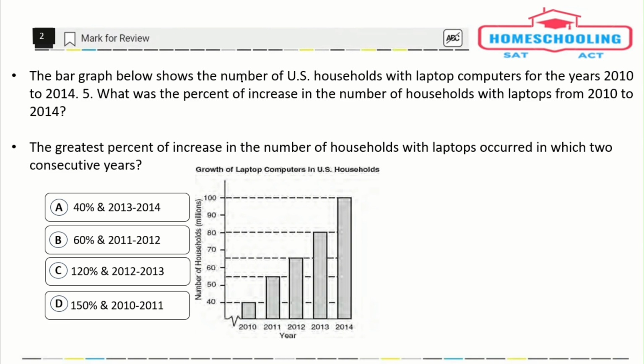The bar graph shows the number of US households with laptop computers from the year 2010 to 2014. So these are the number of years, and the number of households in millions is given, and each year, as we can see, the number of households having laptops is increasing. In the question, they are asking what is the percent of increase in the number of households with laptops from 2010 to